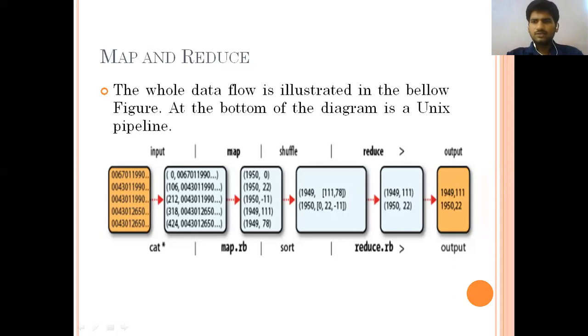Not only that, the programmer has a choice. For example, in 1949, we can put all the temperatures in ascending order or descending order. That is also one of the outputs. Based upon the user query, the output is displayed. So that is a different way of processing the input to output, along with the programmer's choice. The programmer's choice is the main thing.